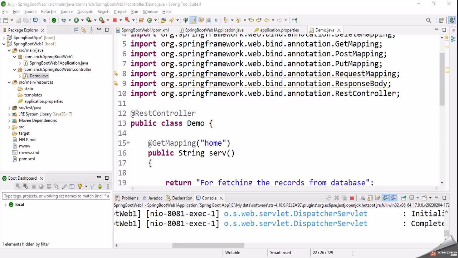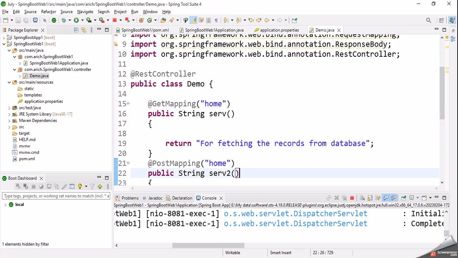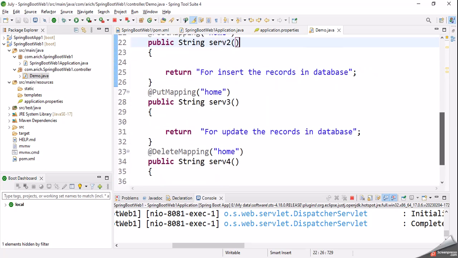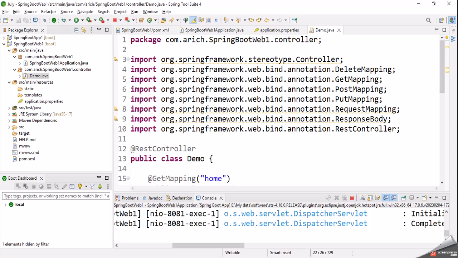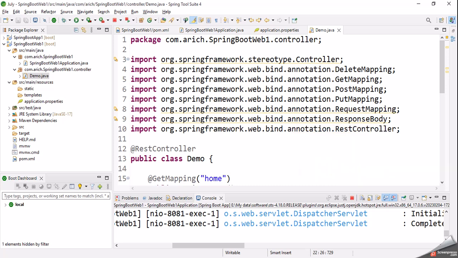Okay, so that was a very simple example of execution of get functions. But suppose we want to receive the value from the front end or Postman or any other resource, and we want to save that value in a model class and perform the operation in the service. So for this purpose, first of all, I'm going to create